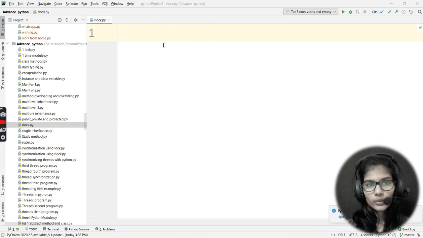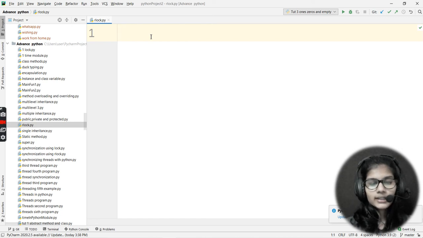You'll be seeing how we do it, what are the things that we apply, and how to use these functions. For that, I'll be writing a program for finding the factorial, and within that program I'll be telling you how to use this rlock function. So without wasting time, let's get started.